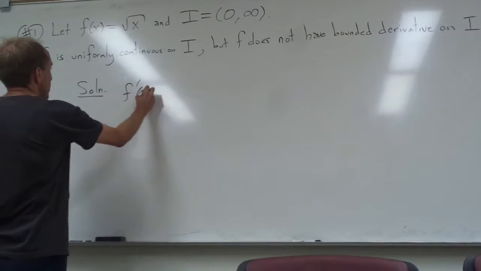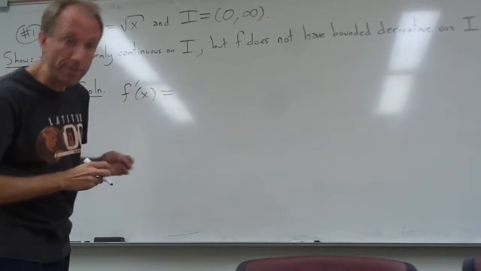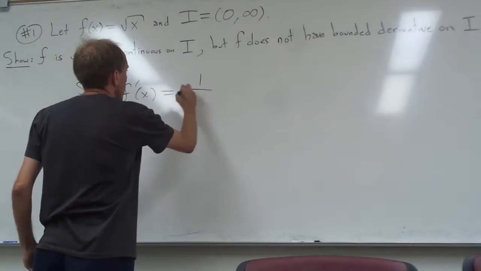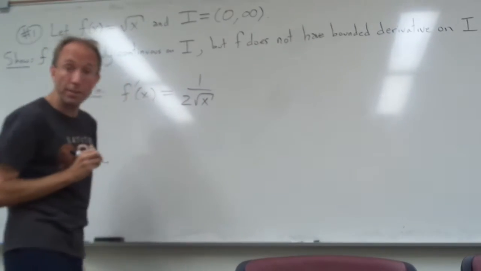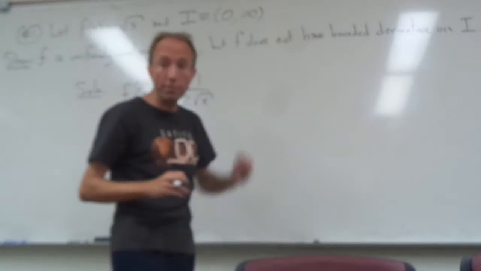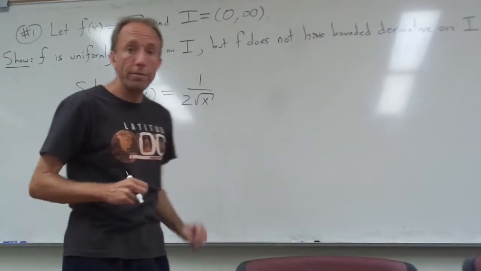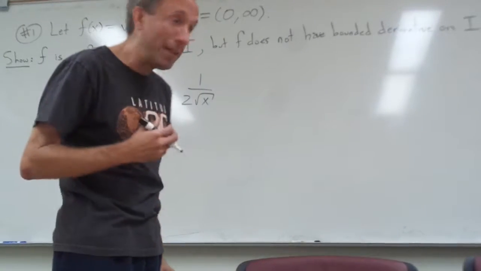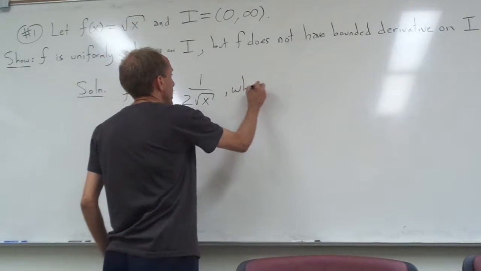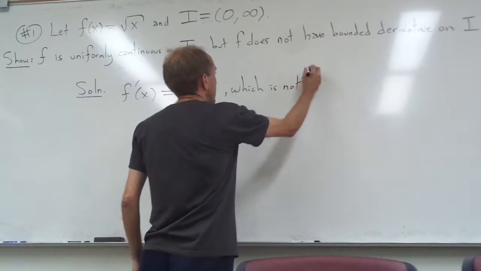If you just look at the derivative of the square root of x, of course we can just use the power rule for this. We're going to get 1 over 2 times the square root of x. And on this domain, which consists of the positive real numbers, I can make this derivative as large of a value as I want by choosing x close to 0. So I'm just going to say which is not bounded